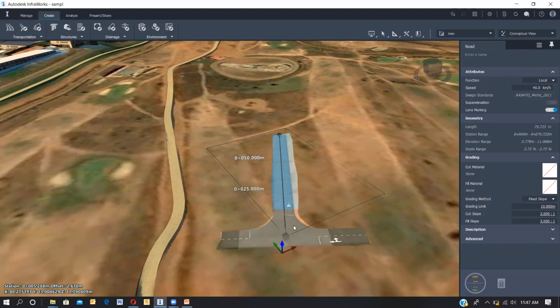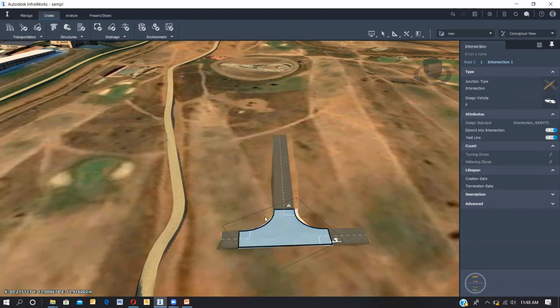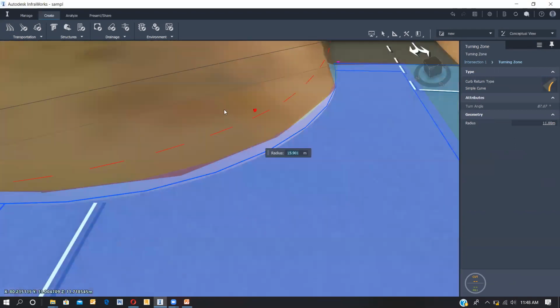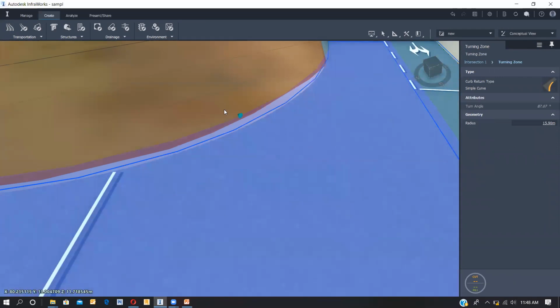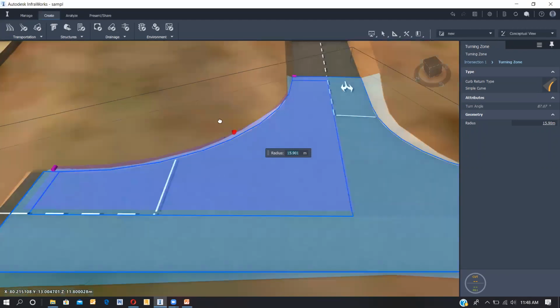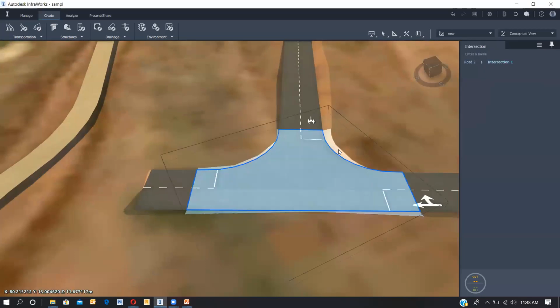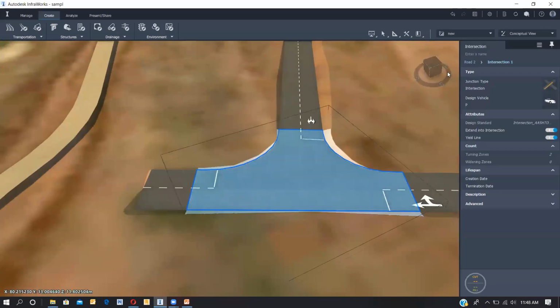Now you can see this. I can change the things. So we'll be having the option to change the fillets and all. Here, if you drag and drop, you'll be having the options for it. We'll be having these triangulated symbols to make the options. Like if you want to reduce the corner fillet, can you see it has been reduced? So it is easy to make the designs over here in InfraWorks.